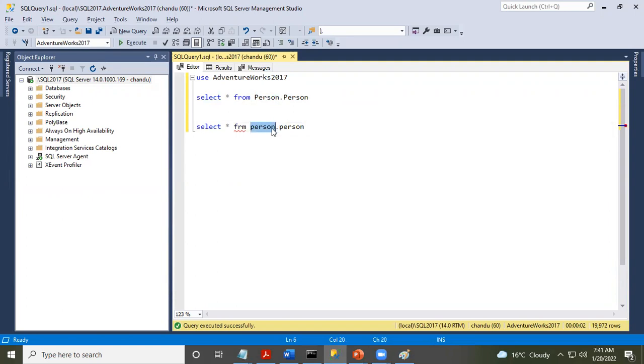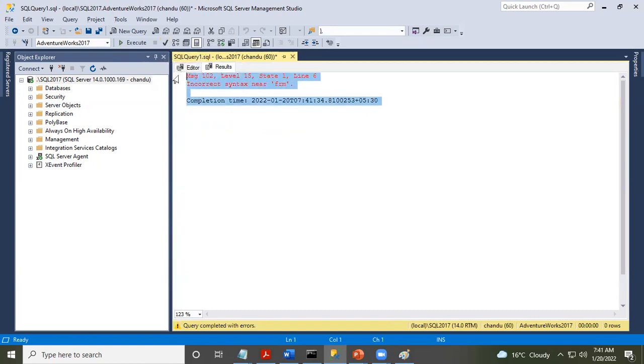I think you already know that person is a schema, and then the table name. If you execute this and just try to parse it, this is what we call a parser, and if there is a syntactical error you get an error. This is what the command parser does. It will validate if there are any syntactical errors and send it back to the